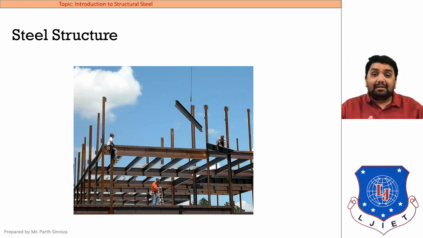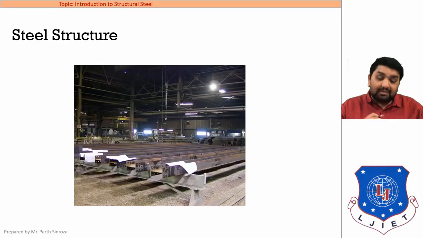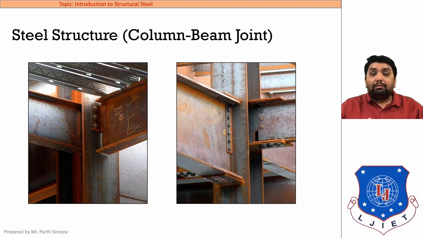Then these are the basic examples of how steel structures will look. You can see here, this is the casting of the steel sections that we discussed. This is the I section that is being casted. Next is the column beam joint that we have seen previously. This is the actual diagram. Here you can see that the bolts are being provided. How many bolts are to be provided and where, that will be our first chapter, which will be starting from the next lecture. So this is just basic practical knowledge about what we will be doing in the next lecture.